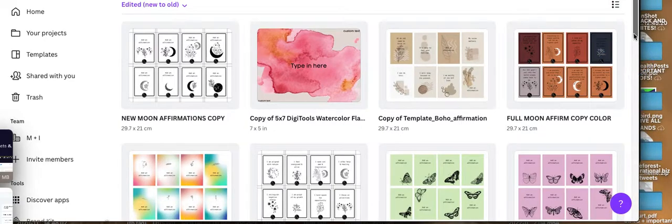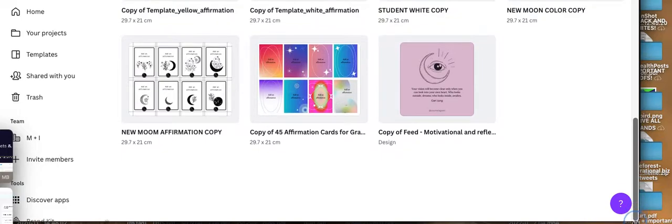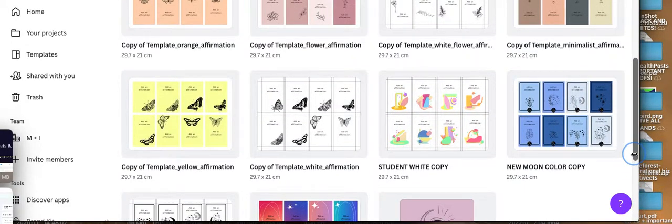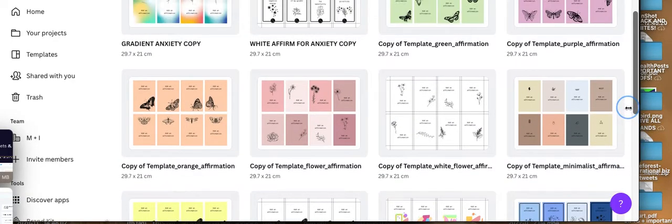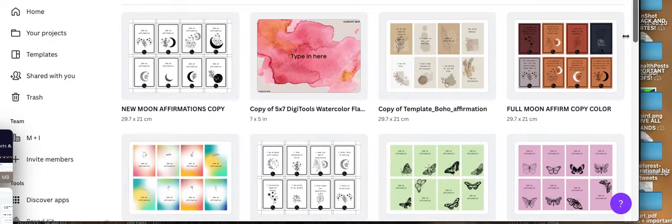All right, so this is a Canva project file. Let me see if I can scroll down so you can see there are a bunch of different themes here, and this is just a small collection of the themes that we're using, but each one of these can be customized around a niche, whether it's mindfulness.